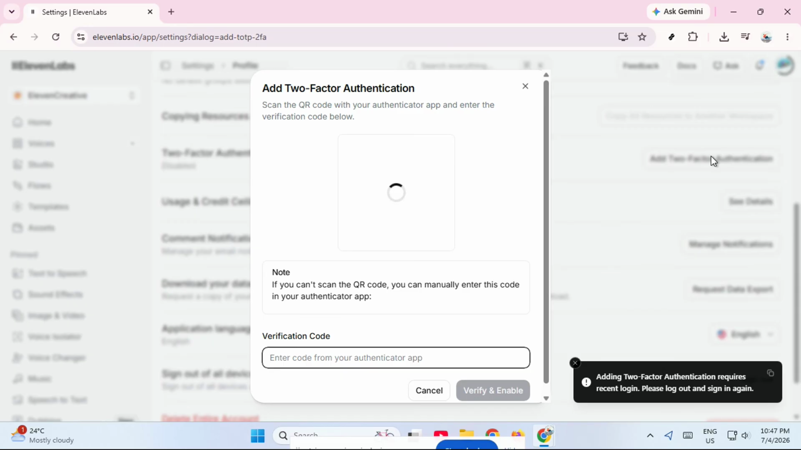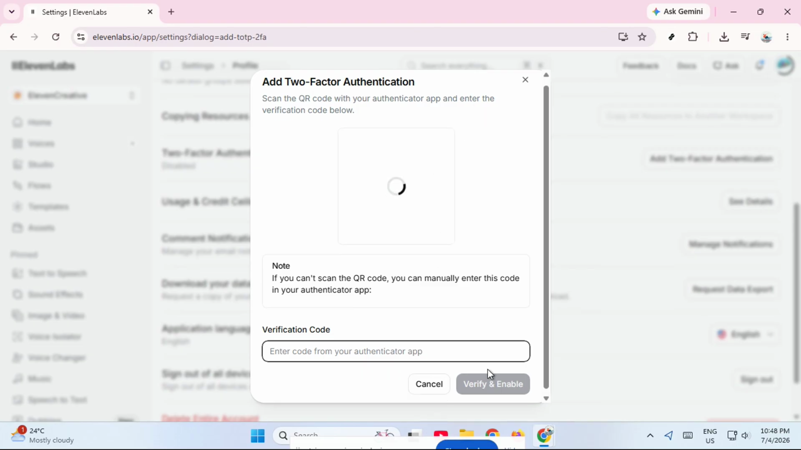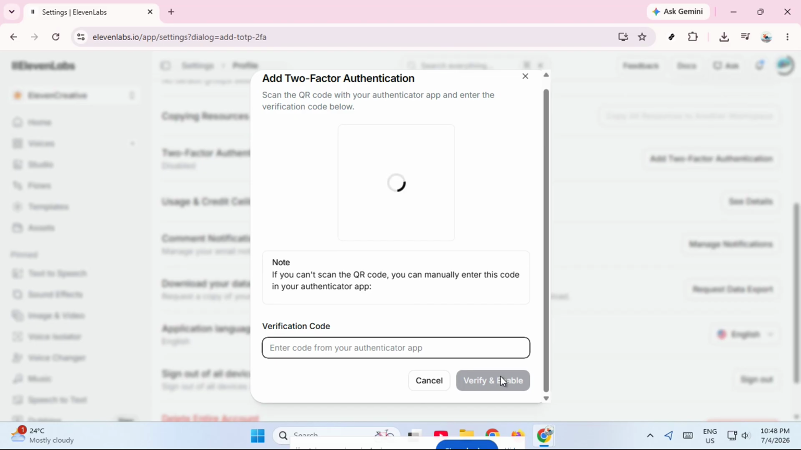Now open your Authenticator app on your phone, such as Google Authenticator, Microsoft Authenticator, or any compatible app, and scan the QR code. After scanning it, your Authenticator app will generate a verification code. Enter that code into the box provided on ElevenLabs. Make sure you type it carefully and use the current code before it expires. Once the code is entered, click Verify and Enable. After that, two-factor authentication will be turned on for your ElevenLabs account, giving you an extra layer of security every